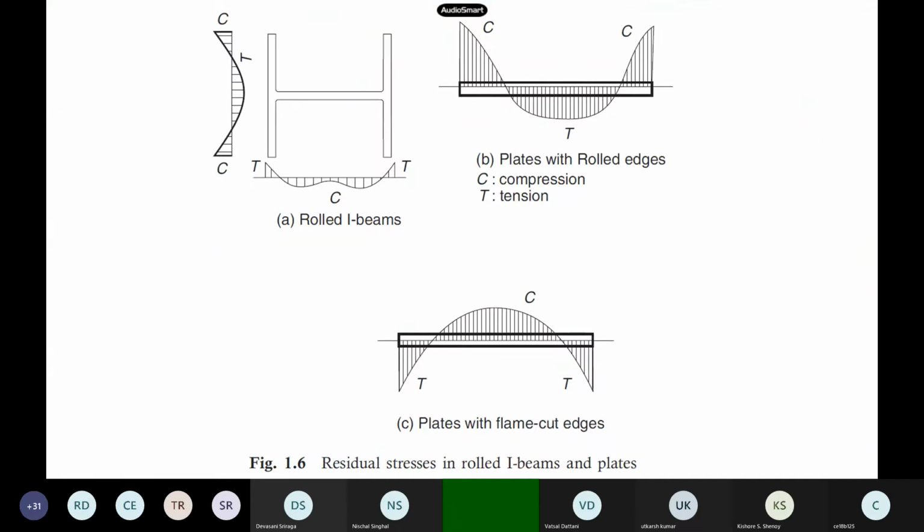Okay. And now, before we go into other details, this is the most important thing in steel. For example, in concrete or wood, in mechanics, when there is no load acting on the structure, what will be the stress? I have a member, and there is no load acting on this beam. What will be the stress in this beam when there is no load acting? So due to self weight. Yeah, apart from self weight.